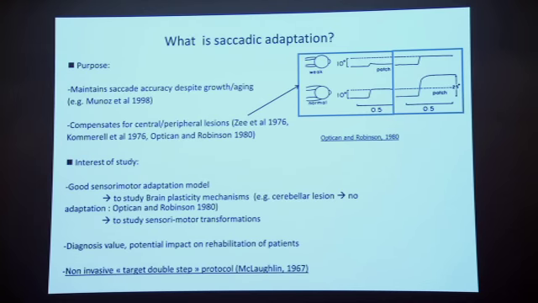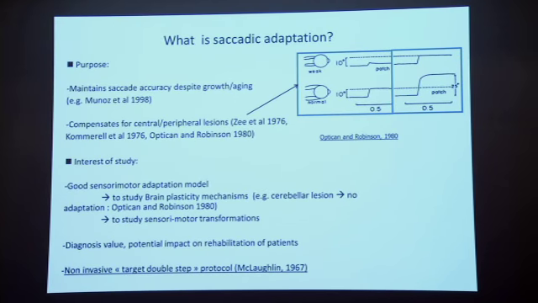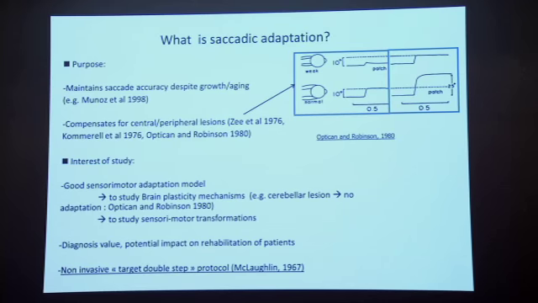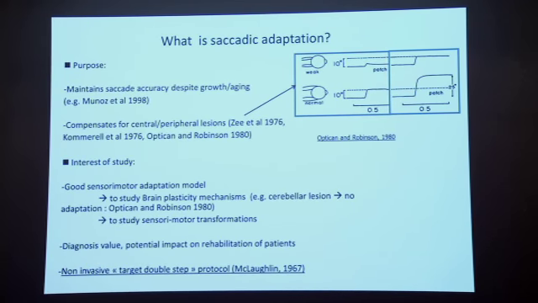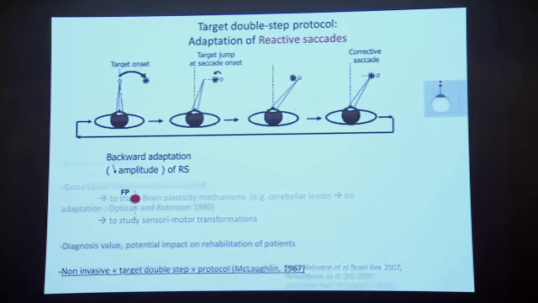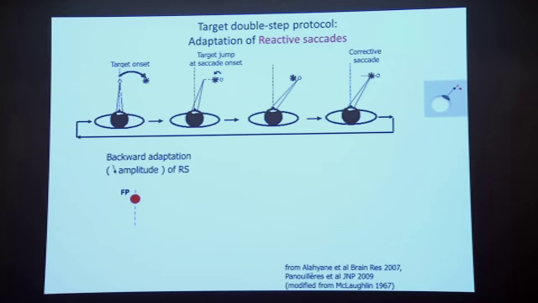So hopefully we have a nice, although very old, protocol that we can use to elicit adaptation in the lab non-invasively without making any surgery in our subject. This protocol is what we call the target double-step protocol, because the target steps once, and the subject makes an automatic saccade toward this target, what we call a reactive saccade. And during the saccade, we measure the eye movement online, and we trigger a second step of the target during